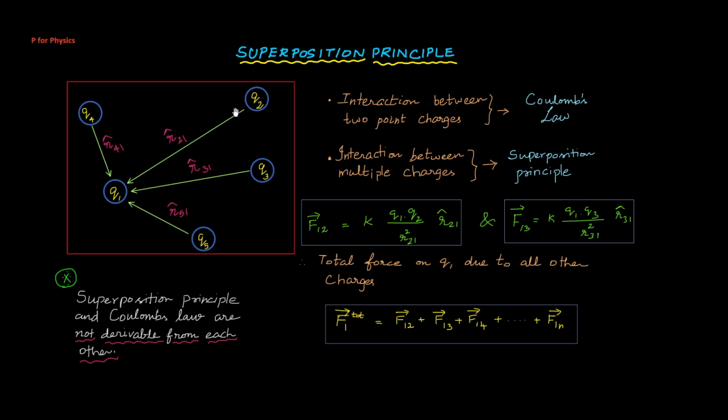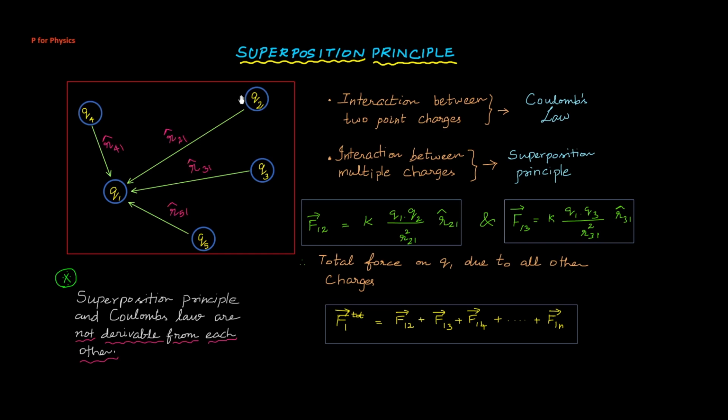So this is a kind of extension of the idea that we saw in Coulomb's law. In Coulomb's law, we were considering only two point charges, but in reality, we understand that there can be millions and billions of charges. So a two point charge system is actually an oversimplified situation of reality. But if we want to face reality as such, we need more than Coulomb's law.